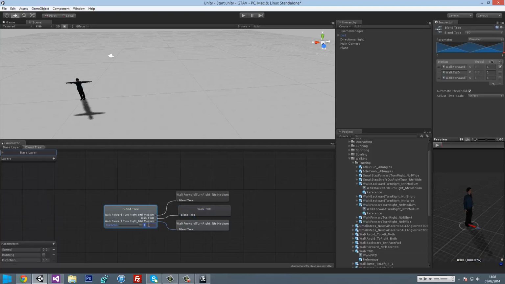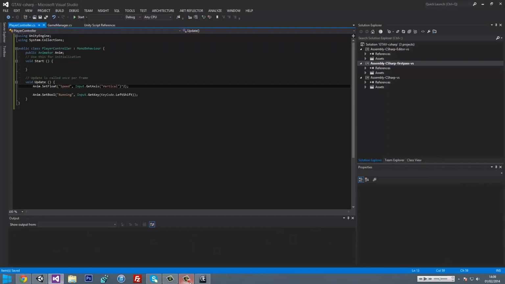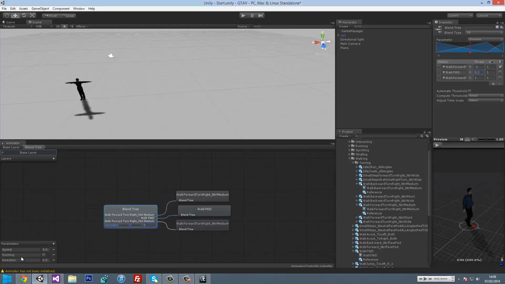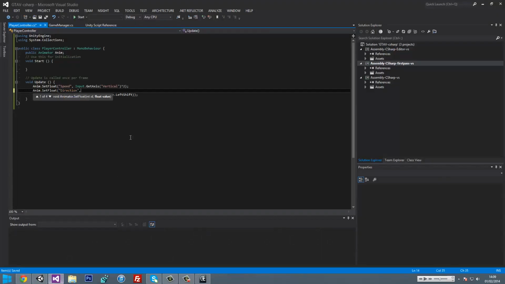By default we want direction to be 0.5, I believe. Well, no, we want direction to be 0. We want the threshold for walk left to be -1 and that 1. So now, yeah, because that's how it'll work. So for direction, anim.setFloat, direction